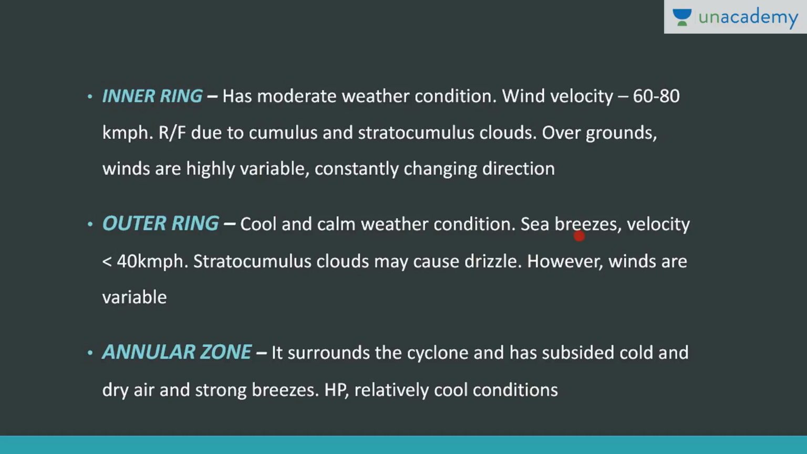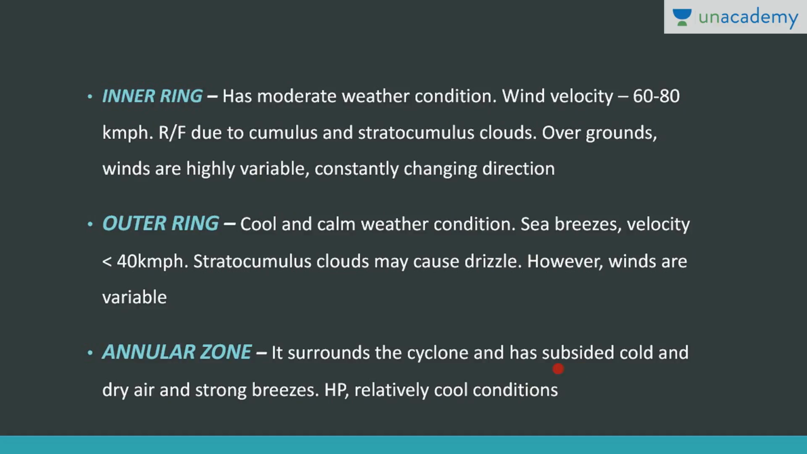There will be sea breezes, velocity gradually decreasing. Now velocity is less than 40 km per hour. In the inner ring the velocity was between 60 to 80 km per hour. So as we are moving away from the eyeball, gradually the calm weather conditions are prevailing, right? And here stratocumulus clouds may cause drizzle. So in the inner ring it was rainfall, in the outer ring it is drizzling, and in the eyeball it was thunder and lightning. Okay, now the last zone, that is the annular zone, it surrounds the cyclone, and it's the